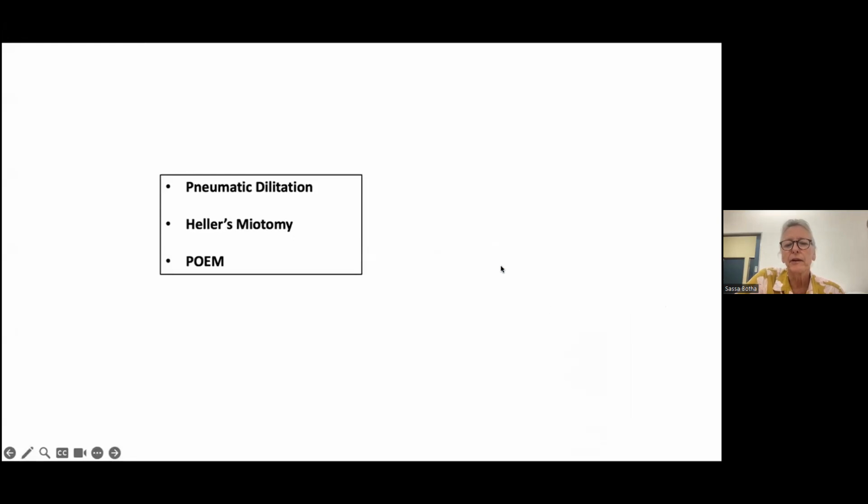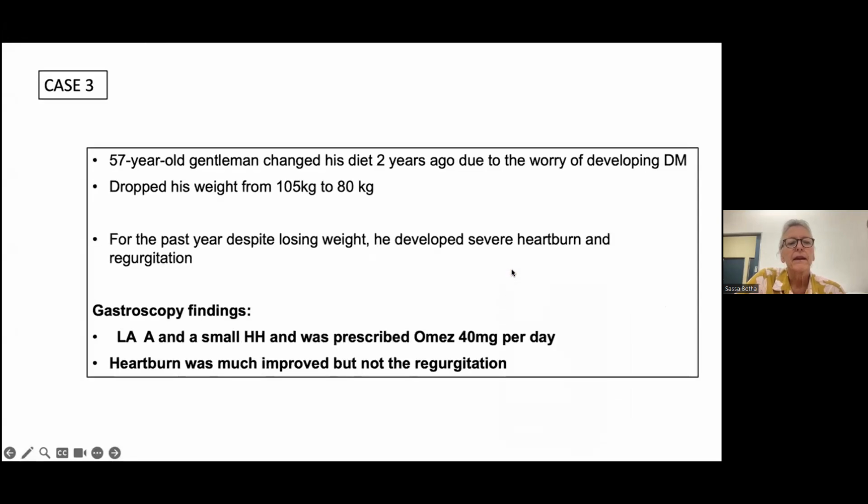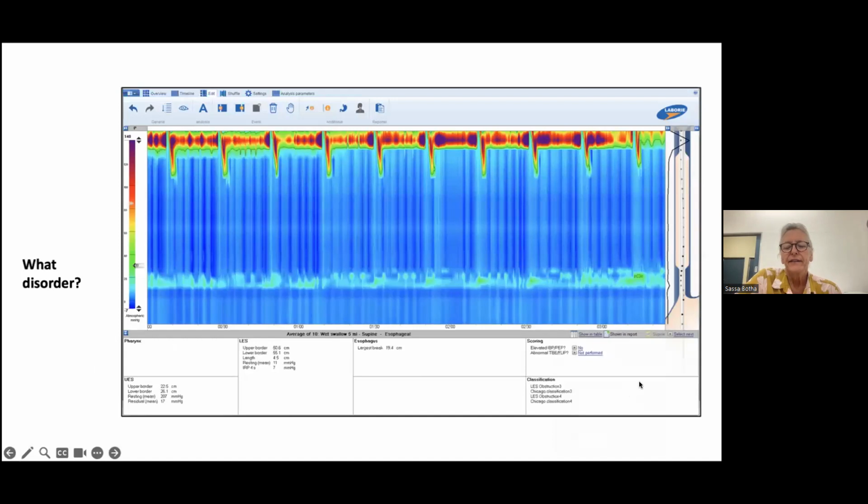All right, so we spoke about that. Okay, so now our third case. This is a 57-year-old gentleman, and he had changed his diet 2 years prior because he was worried that he might develop diabetes. So he dropped quite a lot of weight. But despite losing weight, he still developed heartburn and regurgitation. And on the gastroscopy, it was LA grade A and a small hernia. He was prescribed omeprazole per day, and the heartburn was much improved, but not the regurgitation. So